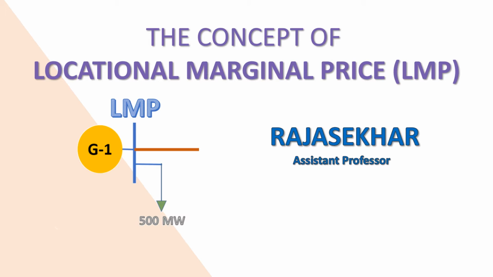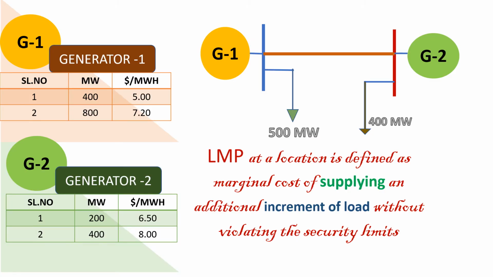Through this video, I am going to introduce the concept of locational marginal price. Now, let us take one small example where two generators G1 and G2 are supplying a load of 500 megawatts and 400 megawatts. Here in the table, I have shown a piecewise cost function of generator 1 and